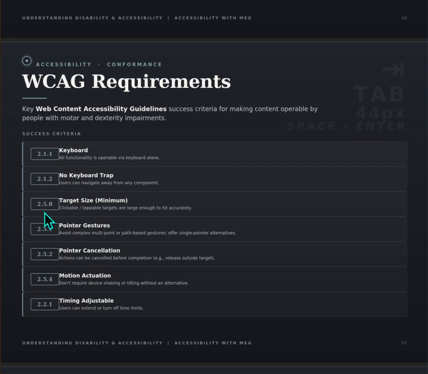And then you have 2.5.8 target size minimum. So the clickable and tappable targets should be large enough to hit accurately. That's important. Then 2.5.1 pointer gestures. Avoid complex multi-point or path-based gestures. Offer single point alternatives. Okay. Then 2.5.2 pointer cancellation. Actions can be cancelled before completion. Example, release outside target,